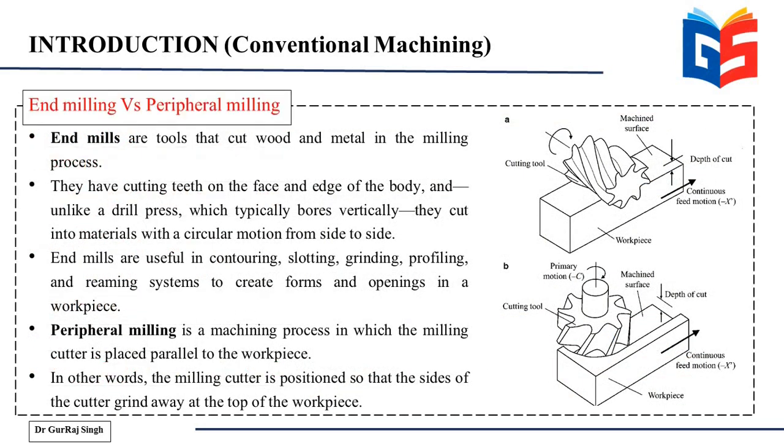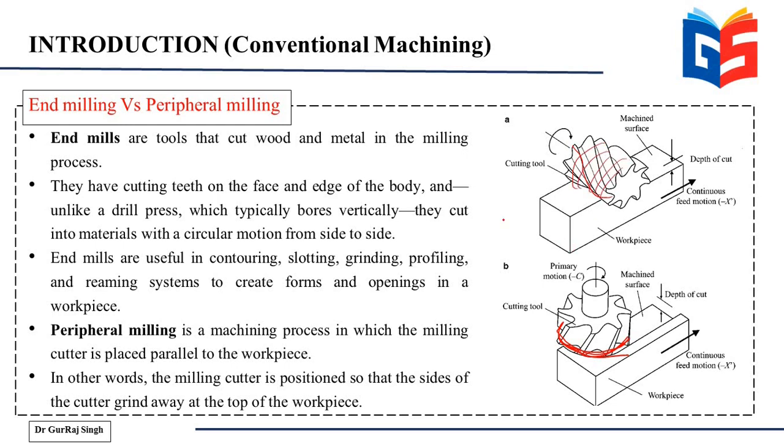Next, we need to differentiate between end milling and peripheral milling. Now you can easily see that in case of end milling, which is this process, it is this end portion of your cutting tool that is doing the cutting. But in case of a peripheral milling, it is the entire periphery of the cutting tool that is performing the